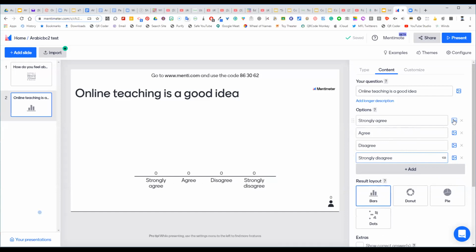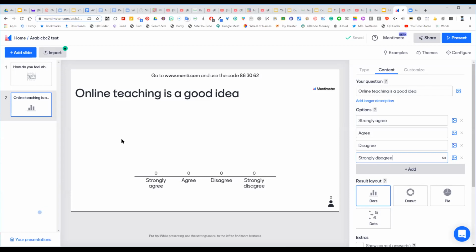And you can see as well, if you want to, you can add images for the answers as well. I've not bothered with that. And it will even accept animated GIFs, if you're into animated GIFs. Now, if you want to add a third slide, the first time you do this, it asks you for an email address of a friend. But I know through experience that if you just write in a made up email address, such as mickey@mickeymouse.com, it will work. And once you've done that once, it will work forever from then on. So for free, you have access to 3 slides per presentation and unlimited presentations, which I think is great